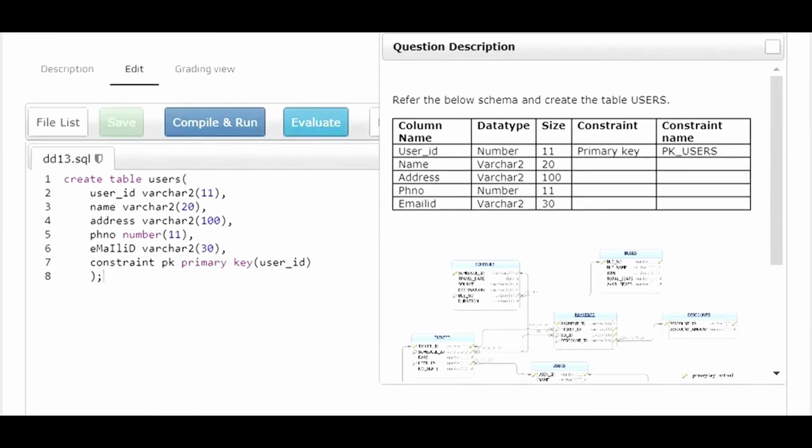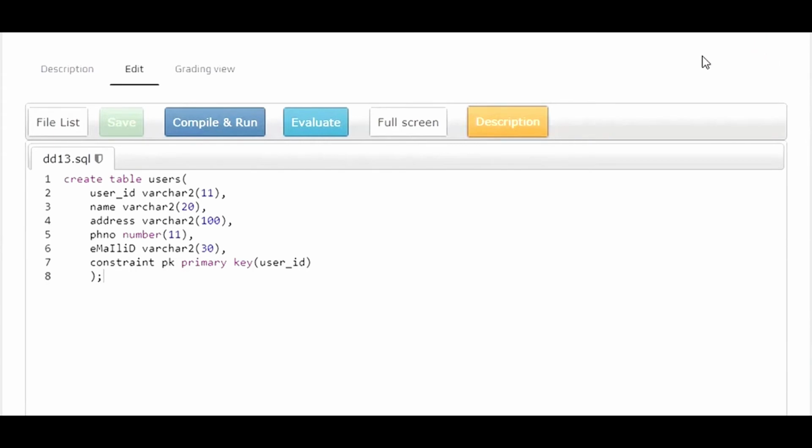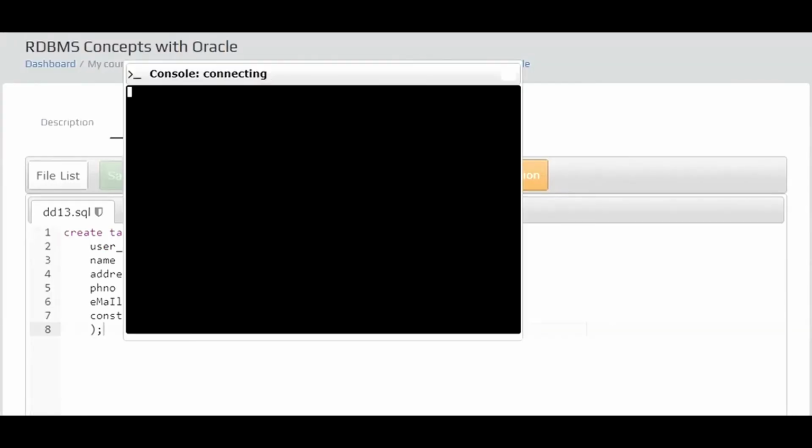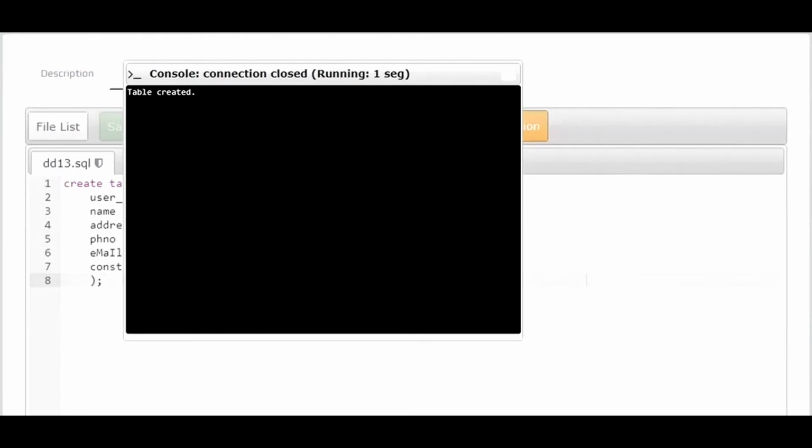After we have saved it, you can close this particular question description. You can click the compile and run button. So there it tells you table created. So you have successfully created the table with the description that was given to you.